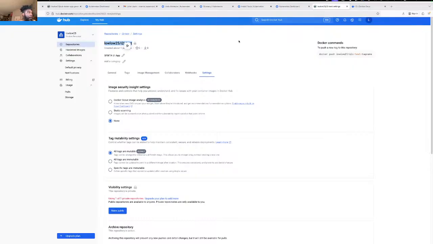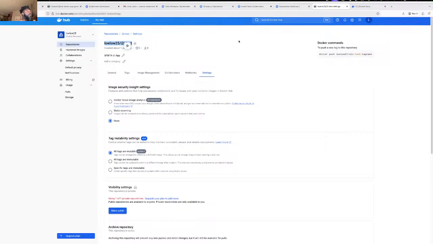Something's wrong here. Now I'm getting concerned. kubectl create deployment dash image Lolo25. That's my image name, right? Pause I test.